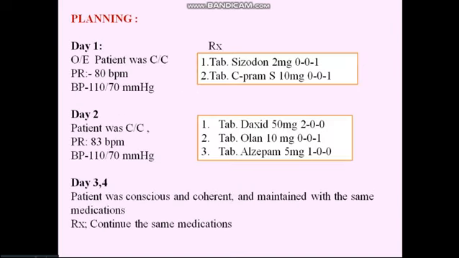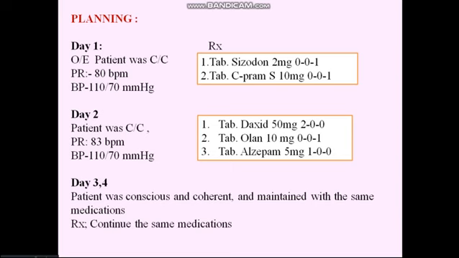Coming to the planning. Plan indicates what medication we are giving to the patient when he was in the hospital. On day 1, how the vitals were, and based on his complaints, the treatment was given. You have to write simultaneously, which indicates on day 1 based on his vitals and the treatment. Again on day 2, the vitals were found to be normal and the patient was given some olanzapine, that is an anti-anxiety drug, and antidepressants, and different types of drugs are given. On day 3 and day 4, the patient was normal and maintained the same condition.